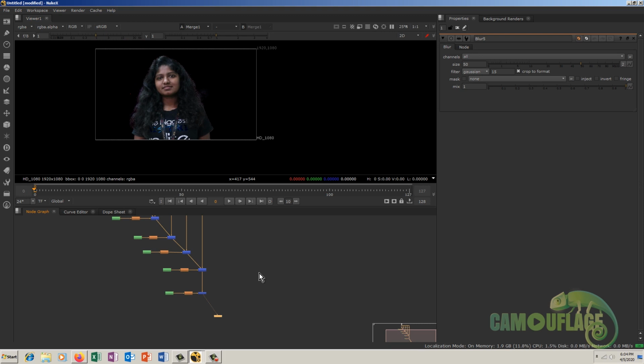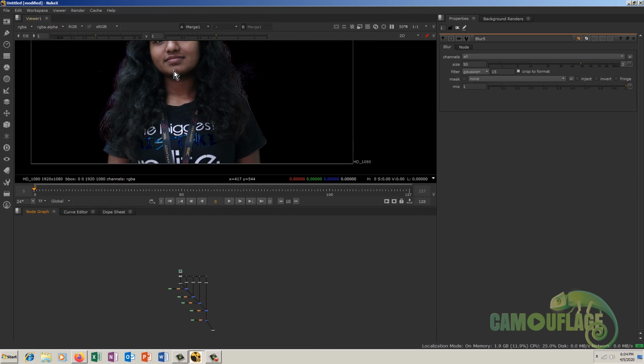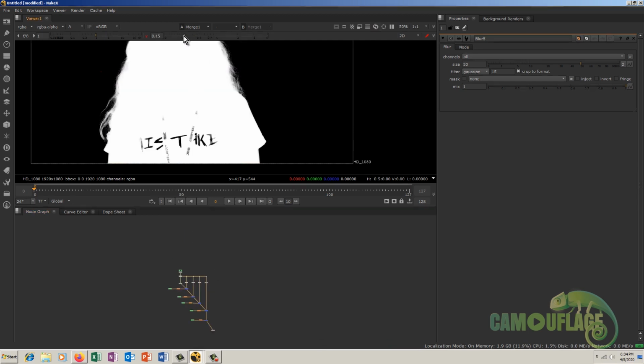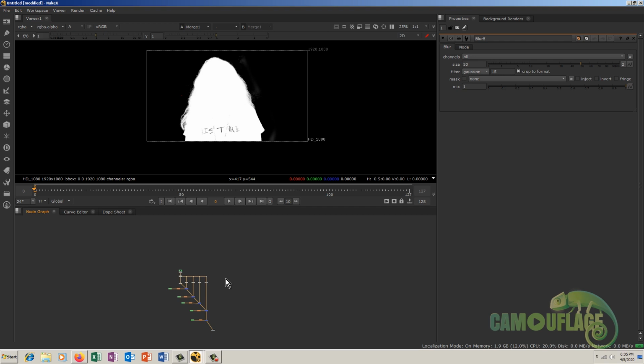Not yet, but I've removed the green screen. Now I have some work to do on it. For this one, if you press A and reduce this, you will see I don't have transparency on this white part in the core matte or in the soft matte in the outline of the character. So now I'll be selecting these two,